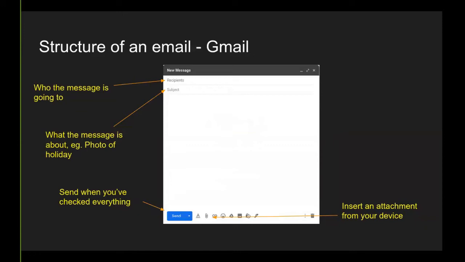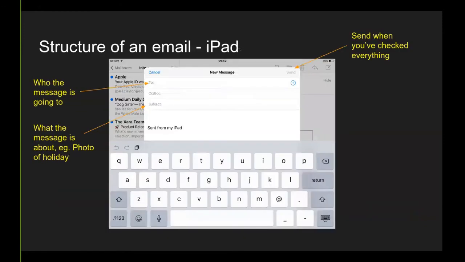So it's just to show you that the similarities are always there. These are the consistent elements of an email. And so moving to the iPad, who it's going to, what the message is about, a message area underneath. And here we've got a little bit of text that it's added in already, like a signature, which you can change. And then you can send it when you've finished all of your details. So work your way down from who it's going to, what the message is about, write your message, and then